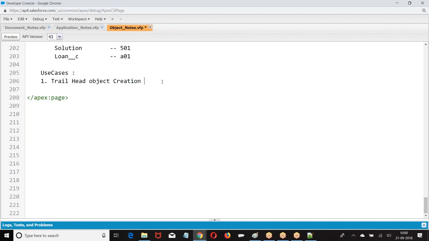Now we can go with the object creation module. This will give you basic information, probably 10% of the information. Then go to Force.com Fundamentals.